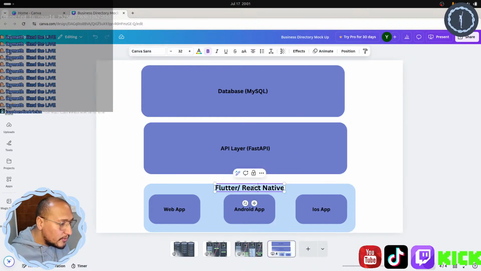So we're not using React over here, we're using Flutter. We're using Fast API as our API layer. So can you keep the test? The test shouldn't store any data to the server. Very interesting. We can definitely do that, Jay. We can definitely work at that to see how we can sort that out.